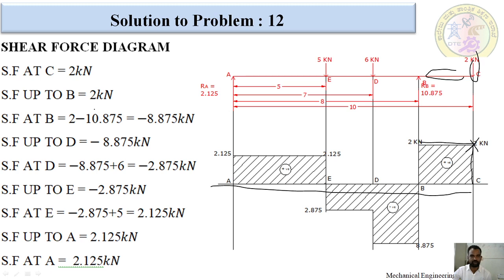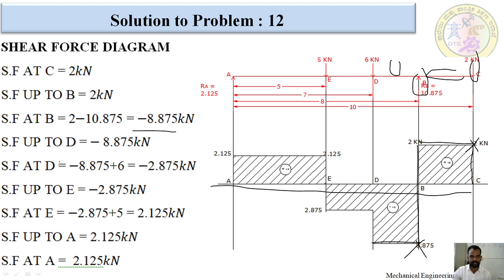Okay, at B point how much do we get? Negative. We have to draw below the baseline, negative 8 point. This is the negative value I am going to mark. I am going to draw with a vertical line. Wherever there is a point load, there would be a vertical line. After that there is no load between these 2 points, so we will draw with a horizontal line.